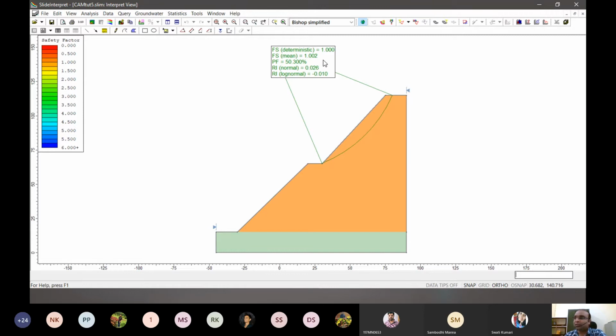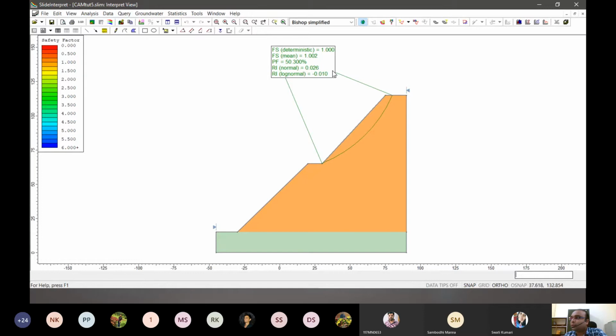That is why probability analysis is important: apart from a single deterministic value, which we would have got as 1.0 in this case, we are getting quite a good variation, and on the basis of that we can understand how things are moving.